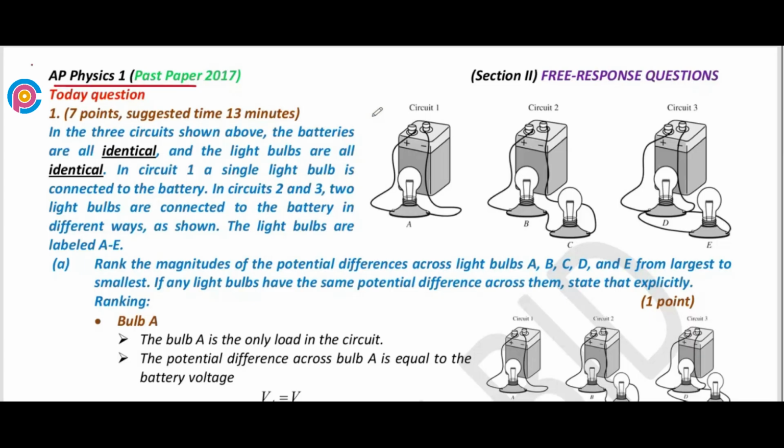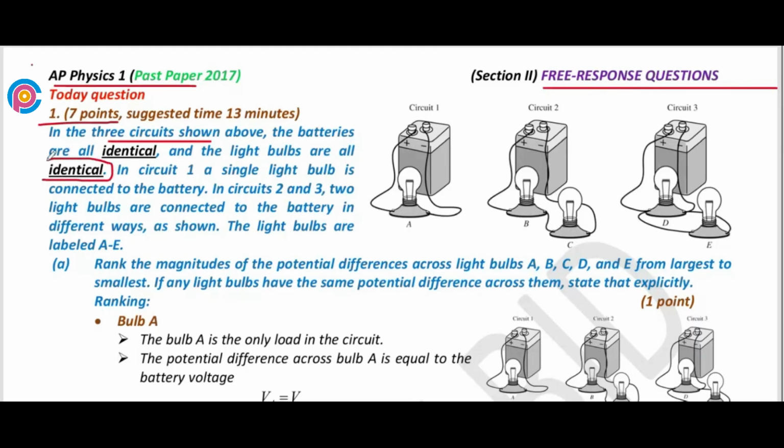Hi, we have the AP Physics 1 past paper 2017. We are discussing the free response question section. Question 1 carries 7 points. In the statement, in 3 circuits as shown in the figure, the batteries are identical and the light bulbs are